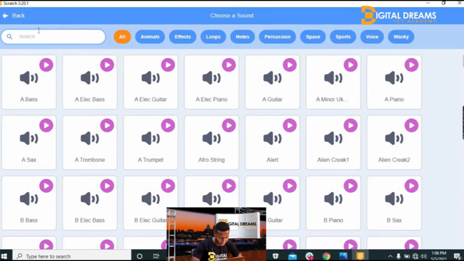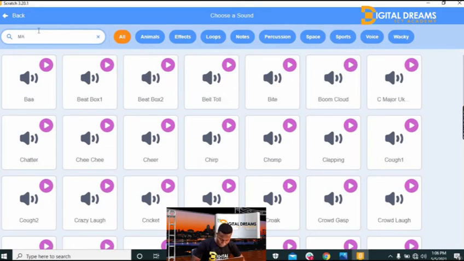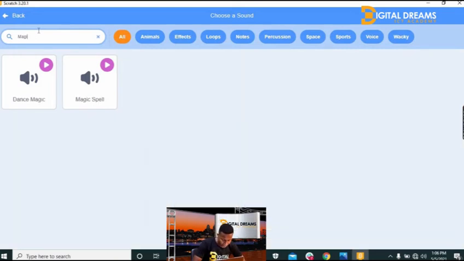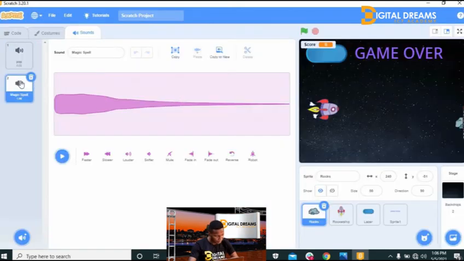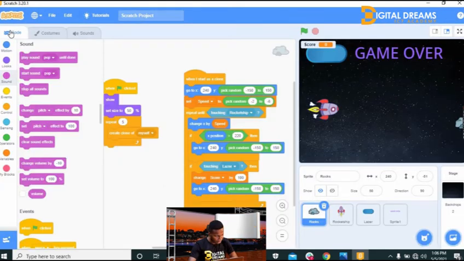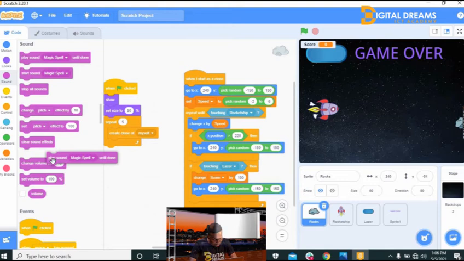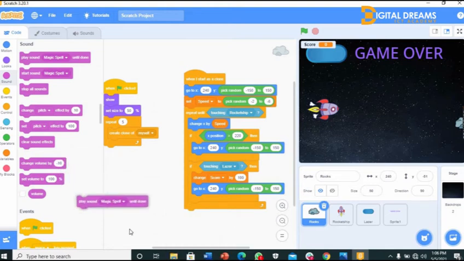What sound am I looking for? Magic spell. Click on this. It's the sound I'm looking for. I go back to my codes and take play sound magic spell, which I will put under my new go